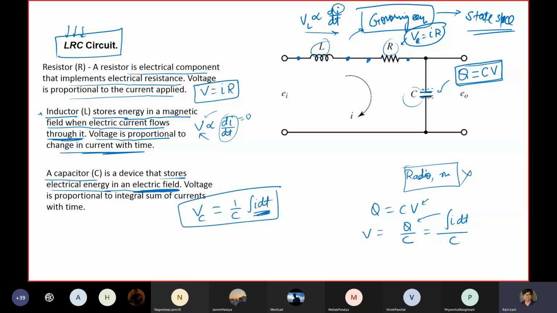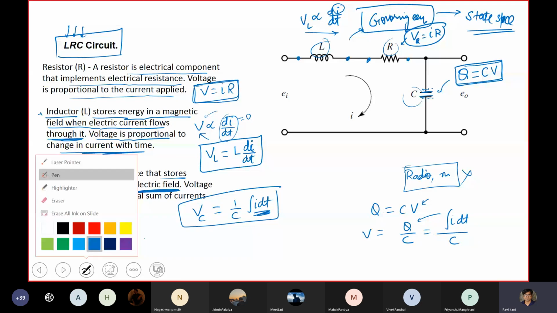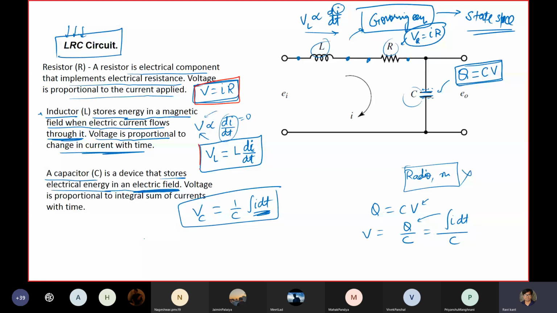It is the slope of the change in current. Okay, this you should remember, and this is the usual V is equal to IR. So these three formulas will be quite useful in all these courses, at least in this particular chapter. Now we know the voltage loss across these components, inductors, capacitors, and the resistances. Now we are in a shape to write the governing equation for this particular circuit.